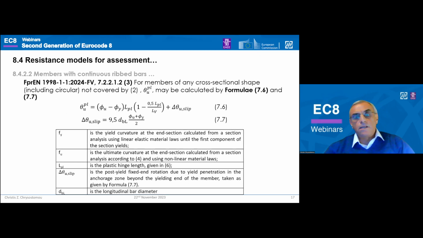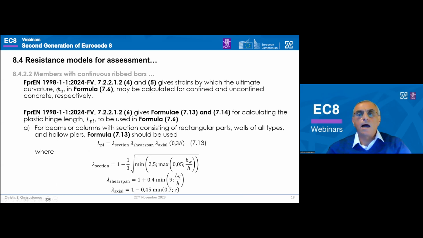Now, it is also stated that for members of any cross-sectional shape, including circular, not covered by paragraph 2, theta U plastic may be calculated from formulas 7.6 and 7.7, where the ultimate curvature, phi U, the yield curvature, and the plastic hinge length are used in order to arrive at theta U plastic. In this particular case, strains are defined for calculating the ultimate curvature from section analysis for both confined and unconfined concrete, and also formulae are given for calculating the plastic hinge length, and one formula is given for